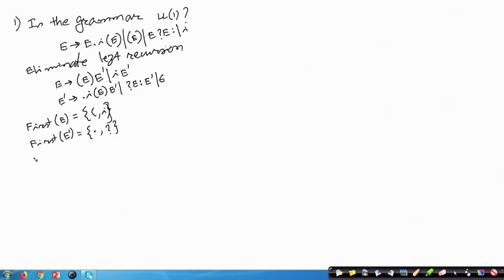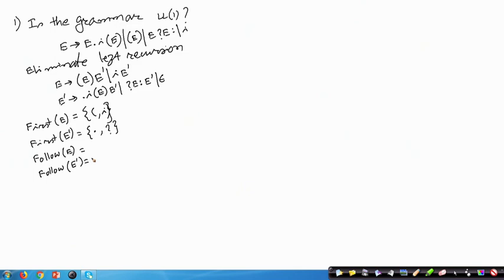Now, the follow sets: follow of E and follow of E dash have to be computed.